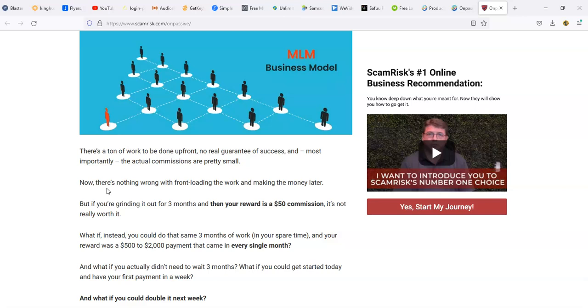If it isn't a franchise with a business that just started, in the beginning they're not making a lot of money because you have to put the money down up front before you start the business. You have to get customers in the door. You have to get people ordering. You have to get people coming back. You have to have some kind of reason for people to come back, which is great food, great service, wine, and all these other things. So think about that. There's nothing wrong with front loading the work and making the money later.